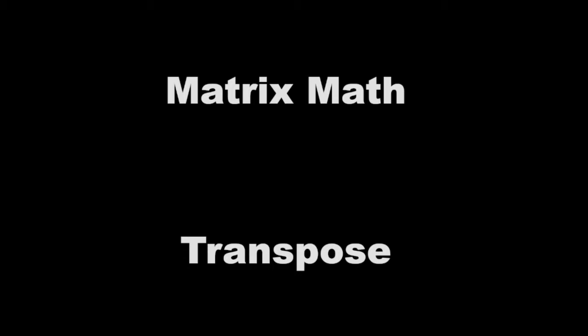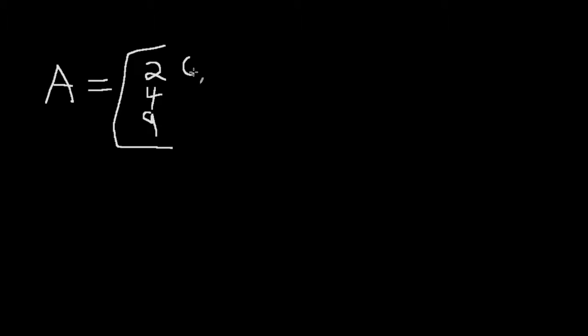We're going to go over how to transpose a matrix. Say we have matrix A and it equals, let's give it some values: 2, 4, 9, 6, 4, 3, 2, 8. What number haven't we used? And a 1. Now, if we want to transpose this, basically what you do is you turn the columns into